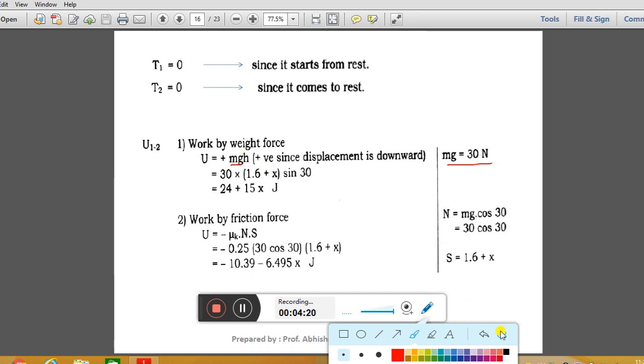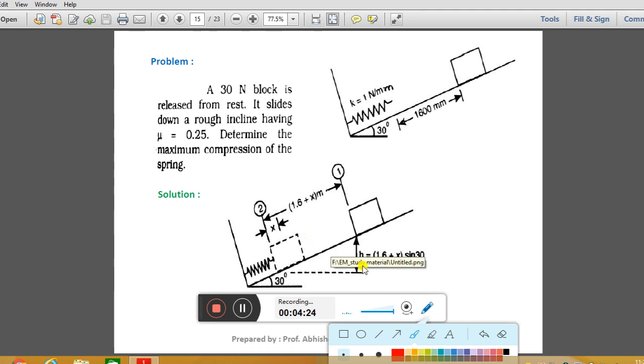So let us find the value of h. In this figure, if this angle is 30 degrees, then this is also 30 degrees. This is the value of h, which we have to find. How can we find this value? Apply the trigonometric relation. I can say sine 30